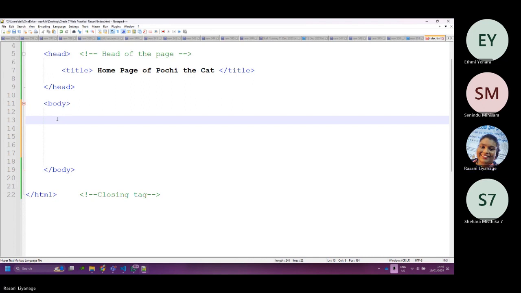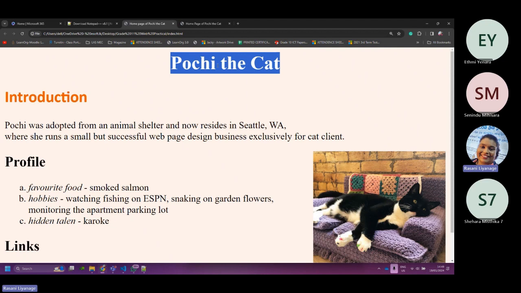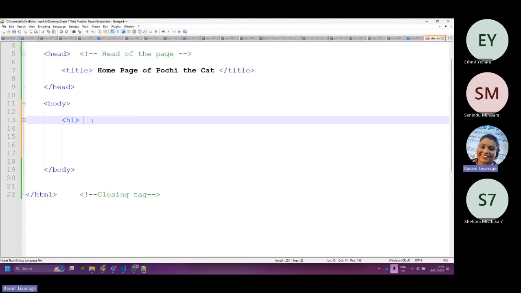Heading tag is H. There are 6 H tags. Say H1. H1 is the biggest, the largest tag. So what do we want to keep there? Poochie the cat. See what we do?